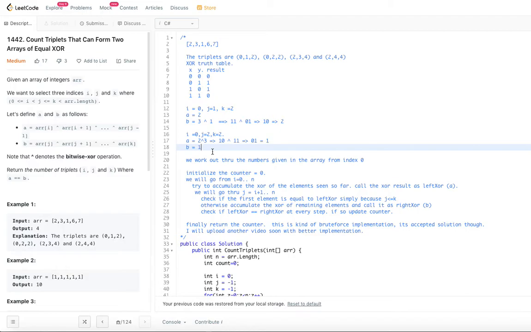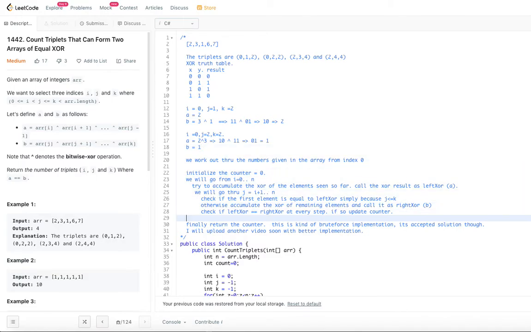Otherwise we go on and do the cumulative counter. This mostly resembles a brute force kind of implementation, but it is an accepted solution for this particular problem. I will probably upload another video very soon with a better implementation. So let's go ahead and work through the code for now.